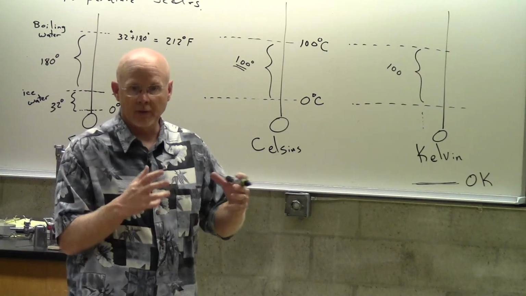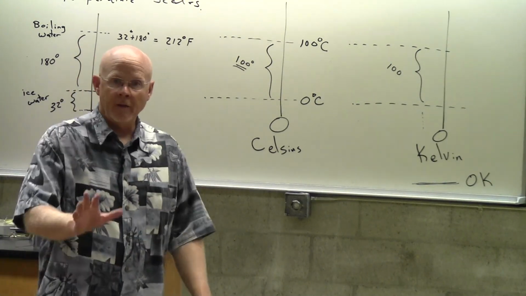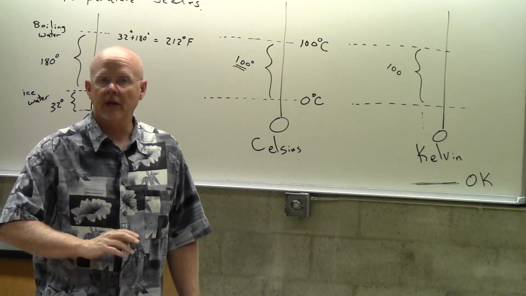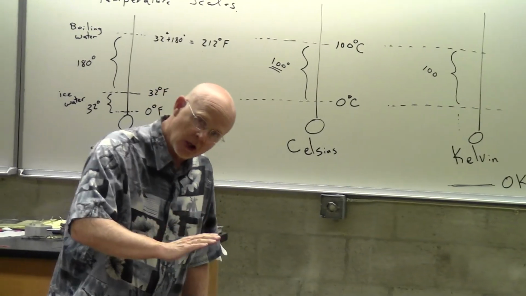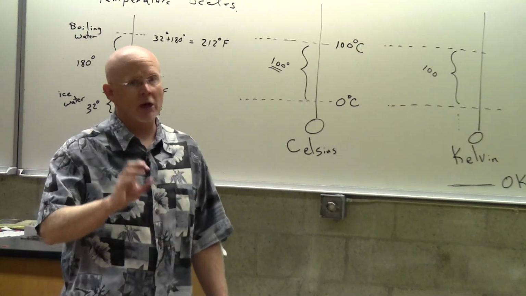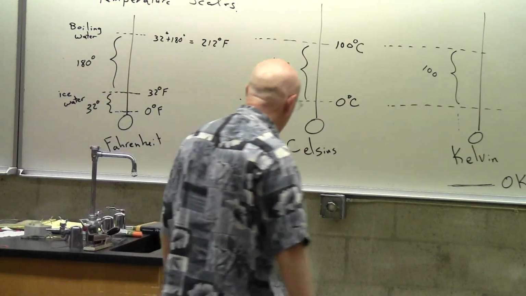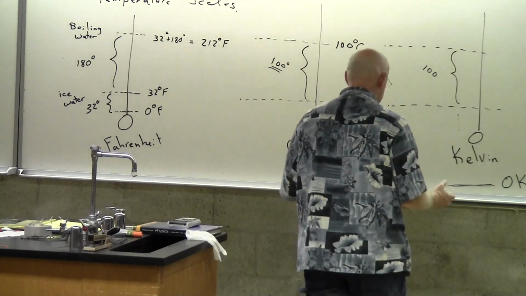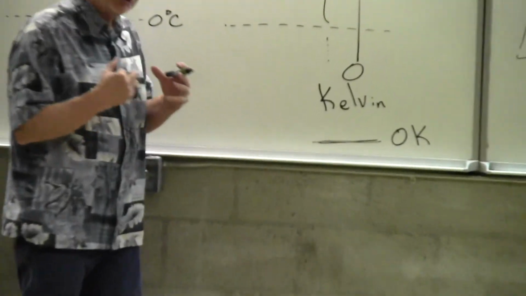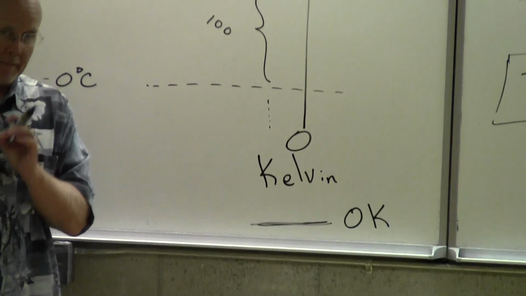Later on he gets lorded, so he becomes Lord Kelvin. And he realizes that there is what today we call the coldest something can get. You can go slower and slower and slower, but eventually you get to stop. And you can't go any slower than stop. So you can't get any colder than absolute 0. And so he comes up with this whole notion of absolute 0, and the idea that we should build a temperature scale that is based upon motion.